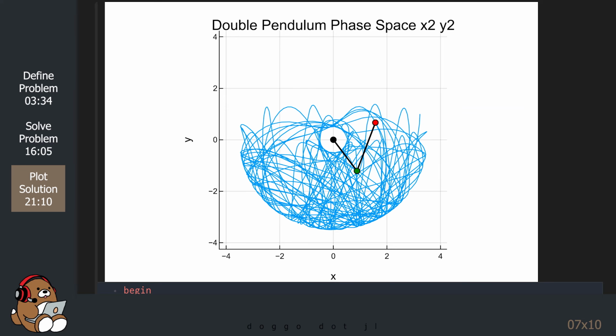The green dot is the first bob. And the red dot is the second bob. The black lines represent the rods of length L1 and L2. These are the positions of the pendulum at time 100.